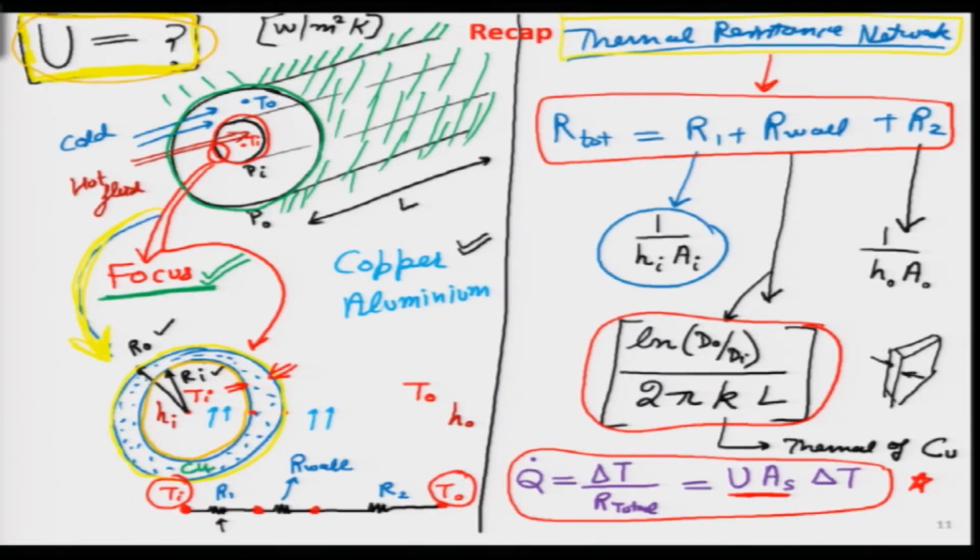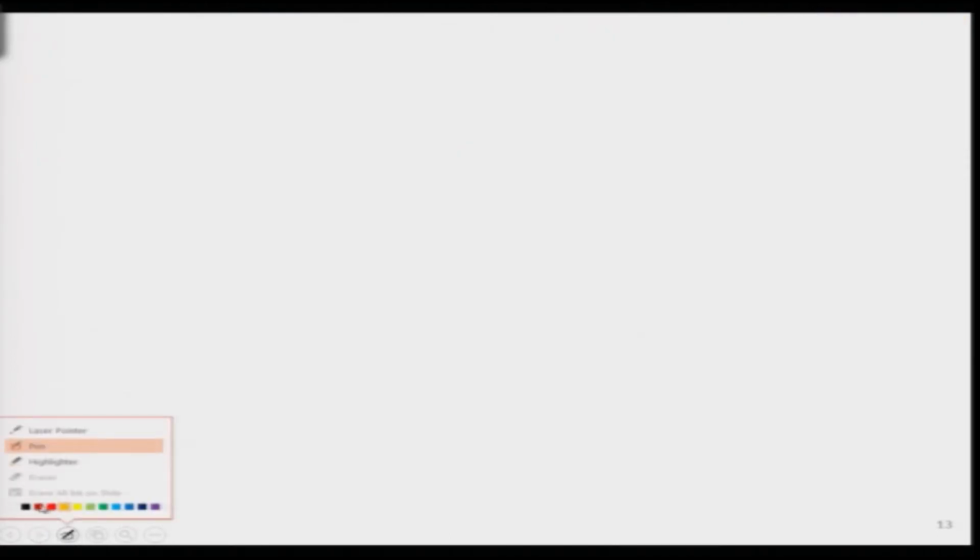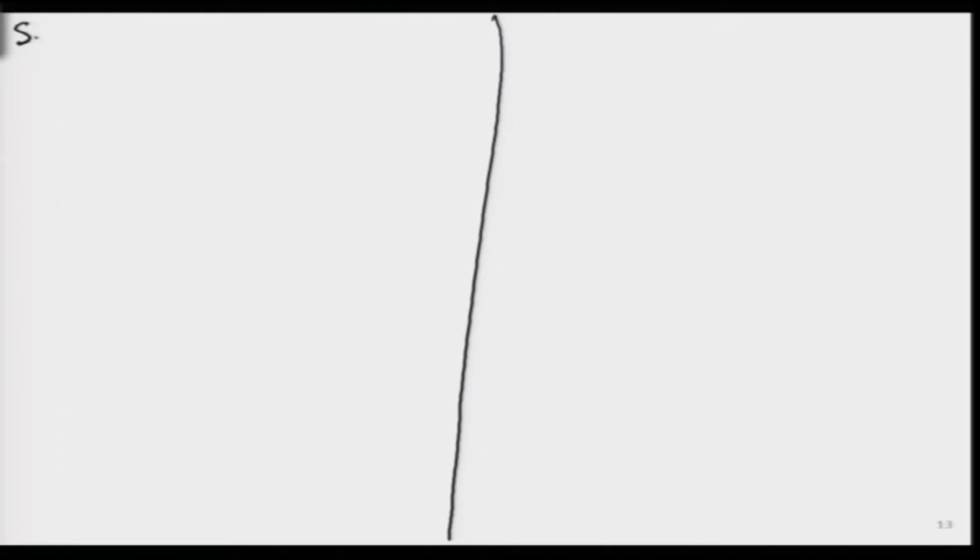You remember in the last lecture we put U as a question mark. Now, in order to know this particular value, why do we not do one solved example where we will get some realistic idea as well, of what heat exchanger we are talking about and all these numbers. Let us put some real numbers and get some values. So, let us look at a very simple solved example. This is a solved example about calculating the value of U, and the unit is watts per meter square Kelvin, we want to figure it out.